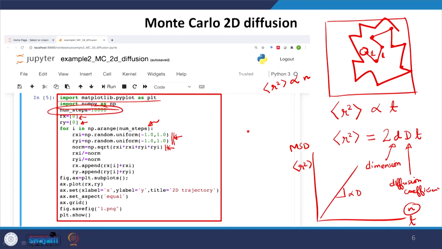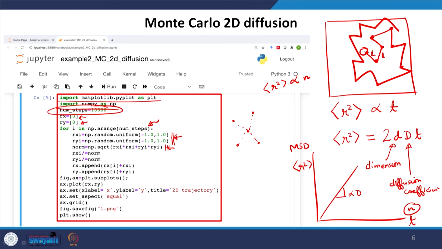That will generate basically a step of length unity. So, let us say if I am here, I can pretty much be anywhere on either side. I can go towards positive x, positive y, negative x, negative y, positive x, negative y, and so on.